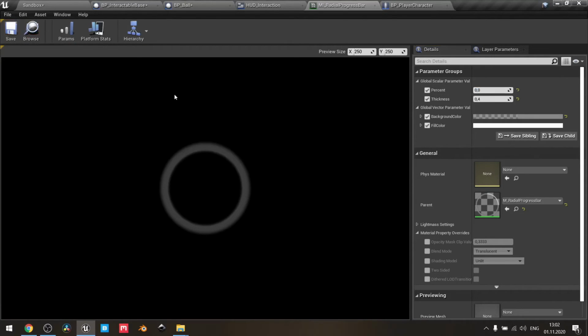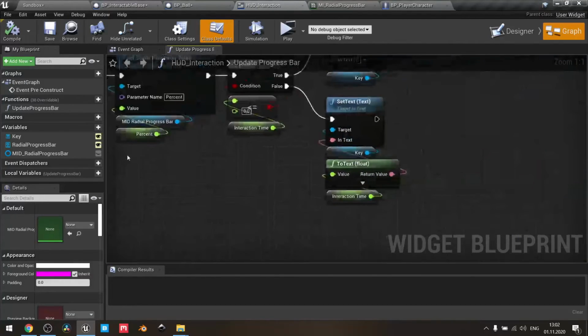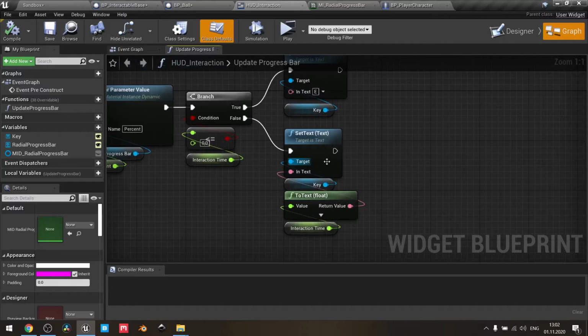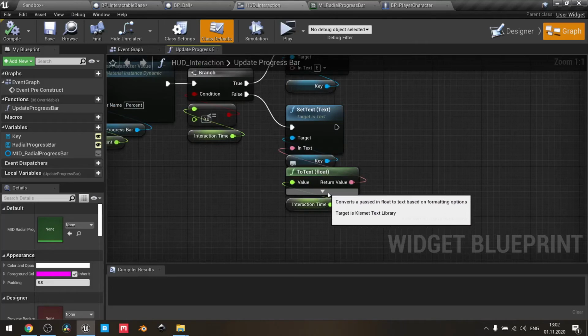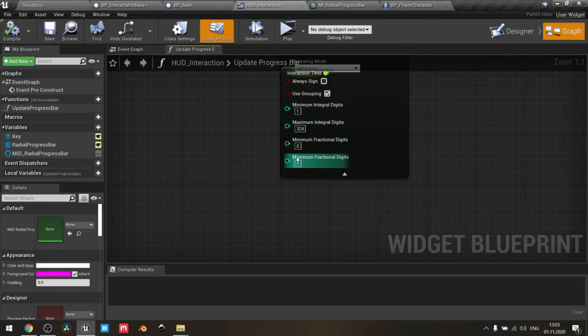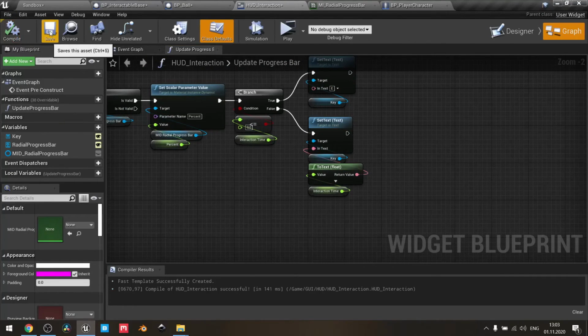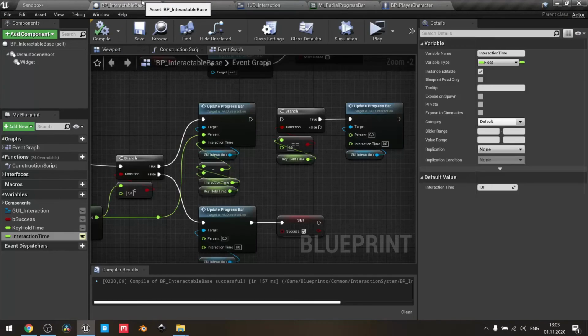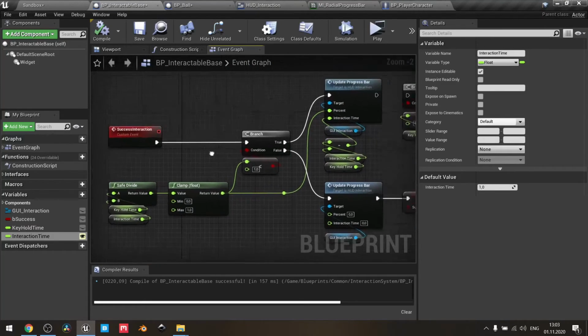Next, let's go to our HUD interaction widget and in update progress bar function, here where we have the path for filling the proper time format, expand to text node and set fractional digits to 1. Press compile and save. Next, let's go back to interactional base and the success interaction flow,